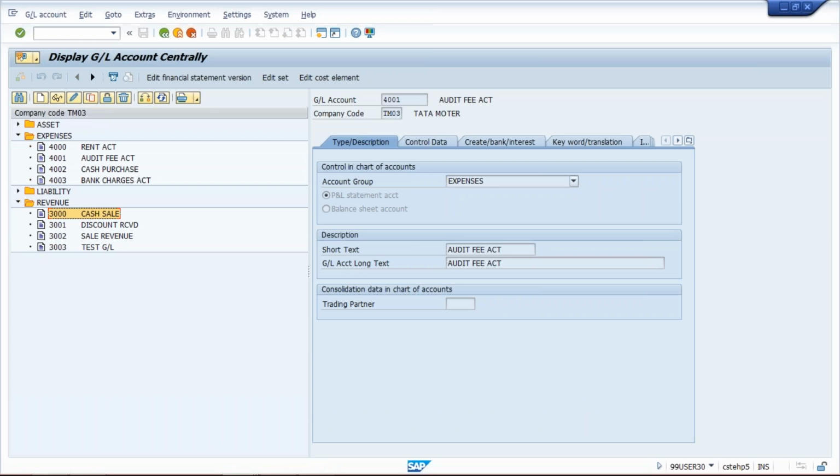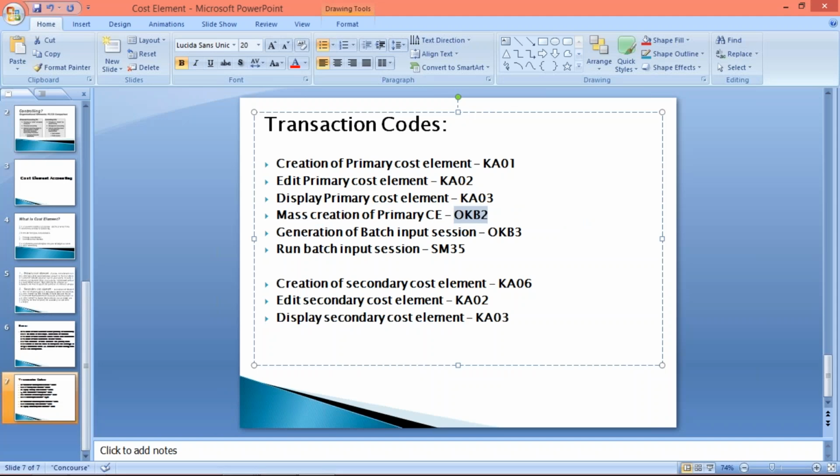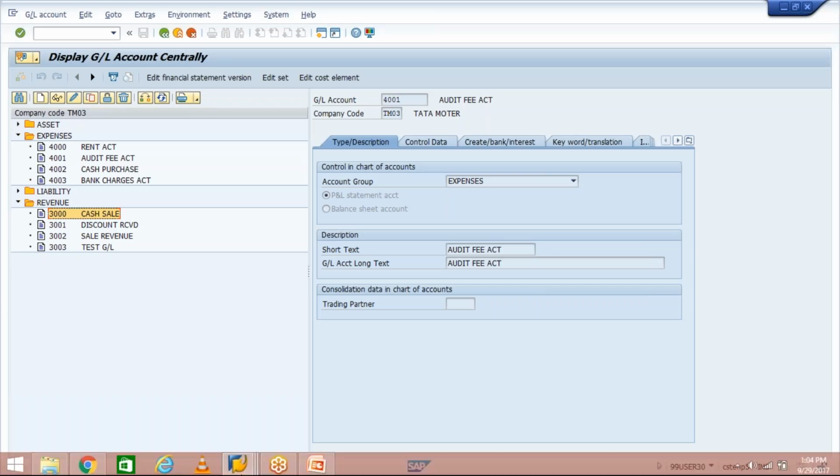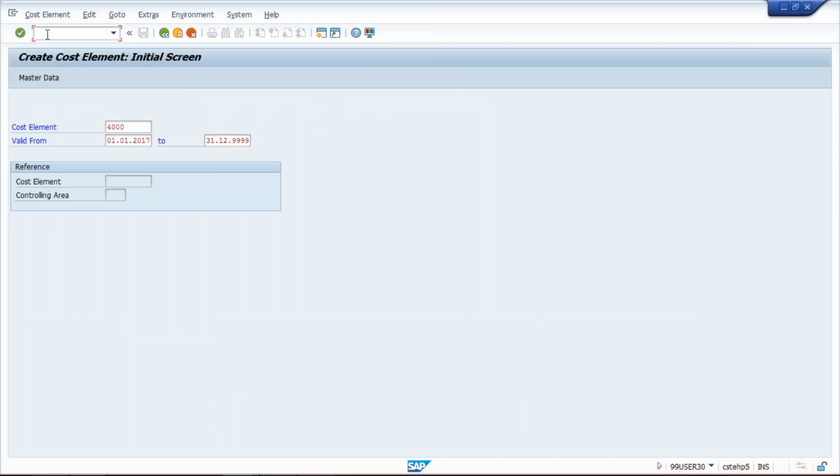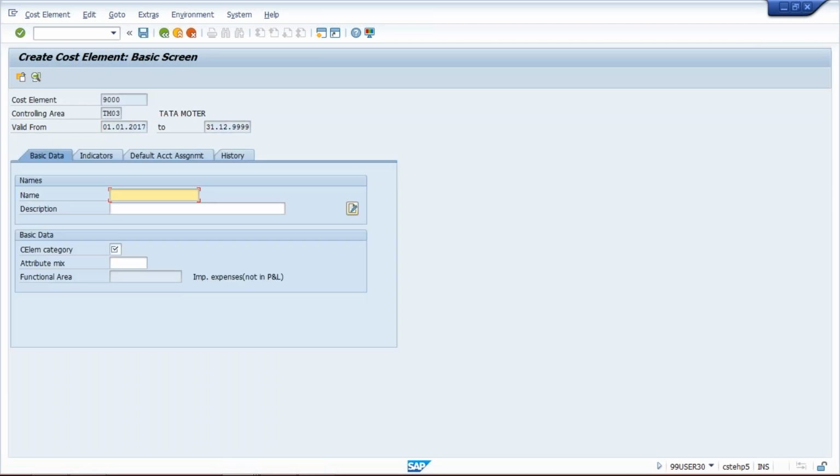Here we are not going to create one by one. Now for secondary cost elements, if you have to create a secondary cost element, the transaction code is KA06. For a secondary cost element we use KA06, and here you can give a different number, generally a 9 series number. There is no prerequisite for this. Enter that 9 series number and